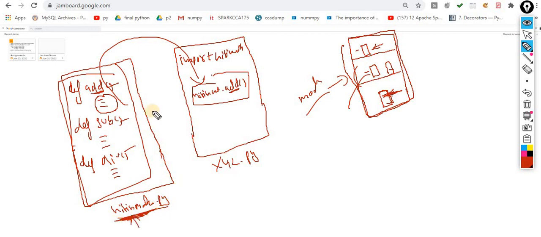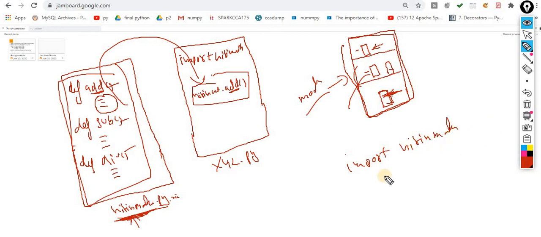Now if you want to use these functions, you have to import the module. This is my XYZ file where I am working, but I want to use the functions available in Nitin Math.